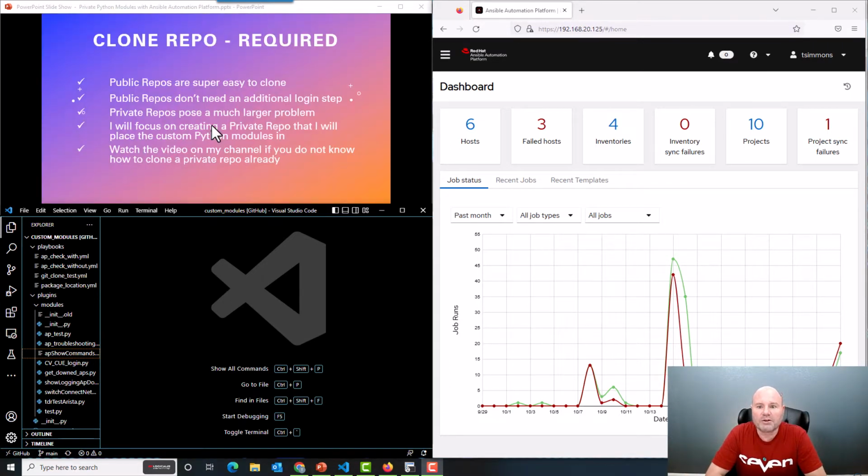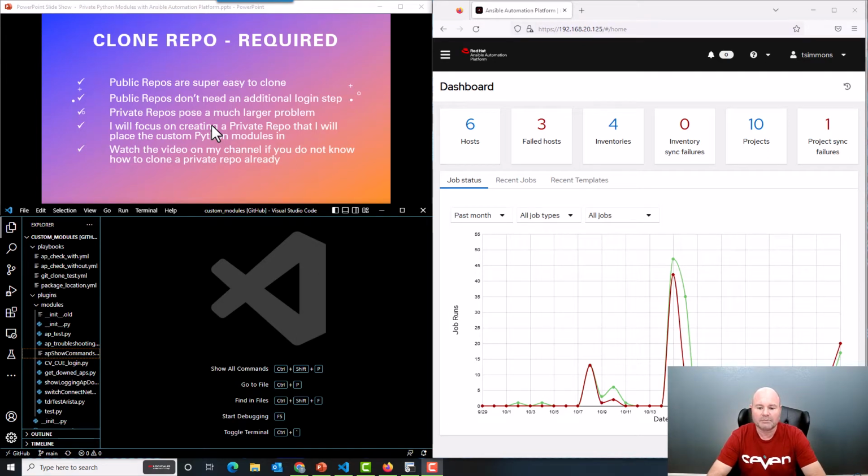We're going to do this in GitHub, and we're going to take that information out of GitHub. The clone method of the Git extension for Ansible works really, really well. It makes it very easy to get files from GitHub and put them on our controller. Now, I'm going to focus on a private repo, because my custom modules I only put in private repos. If you're doing this from a public repo, it makes it a lot simpler. You don't worry about logging in. The Git clone is certainly much easier, but I'm going to show you the steps on how to clone that repo,